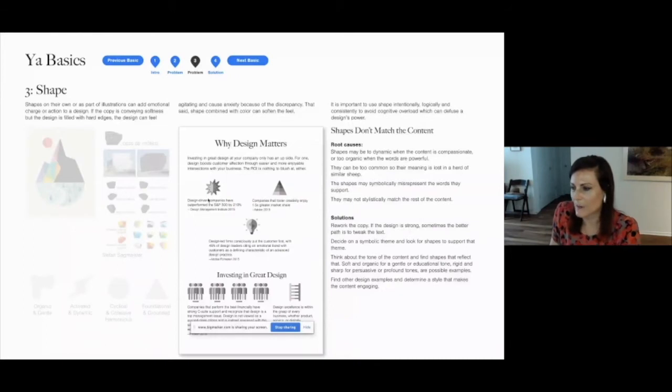So in this case, design-driven companies have outperformed the S&P 500 by 219%. Pow! Like, what are you exploding on the market? It's just a little bit dramatic for that content. So where you would want to do this kind of feedback is identifying the problem, is reading the graphic and looking at and reading the content and seeing if they marry. And if they don't, really talk to the designer about finding the best graphics and what you're really looking for. What meaning and impact are you trying to get with this content?